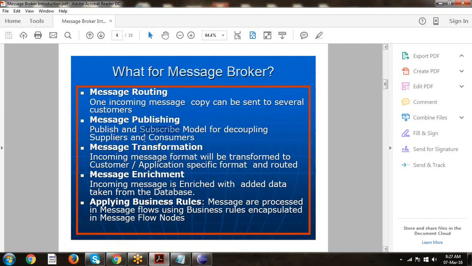The publisher need not have any knowledge about the subscriber, and the subscriber need not have any knowledge about the publisher. Both are decoupled according to their interest. For example, Tata Sky keeps on publishing some 500 channels. If I am interested, I will subscribe to a few channels, in the publish subscribe mechanism.